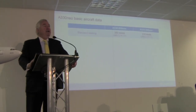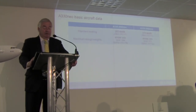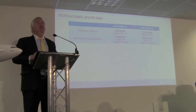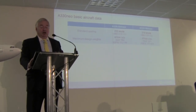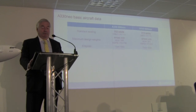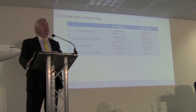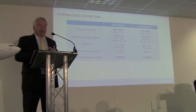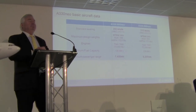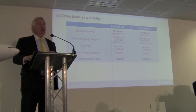Well, here's standard seating for the Dash 800 and Dash 900 Neo. So we have 252 seats on the Dash 800, and we have 310 seats on the 900. In terms of design weights, we stay at 242 tons right now, which is the same as we have today, or at least entering service next year on the 330. Today, we're not up to 242 yet. Engines, we've got the new Trent 7000, 72,000 pounds of thrust. Fuel capacity stays the same at 139,000 liters. Max passenger range, 7,450 and 6,200. Now, if you go to my competitor's website, you'll come up with some very strange numbers about